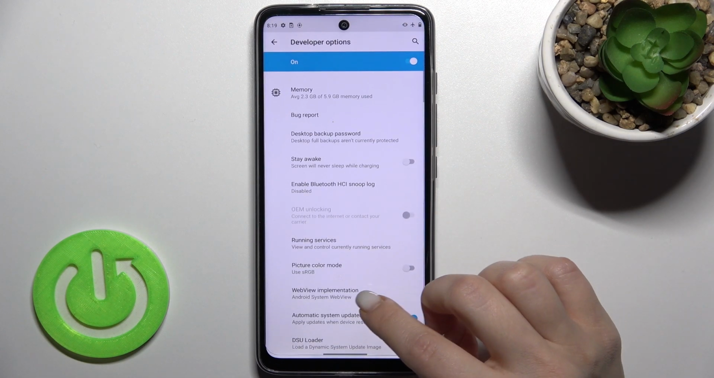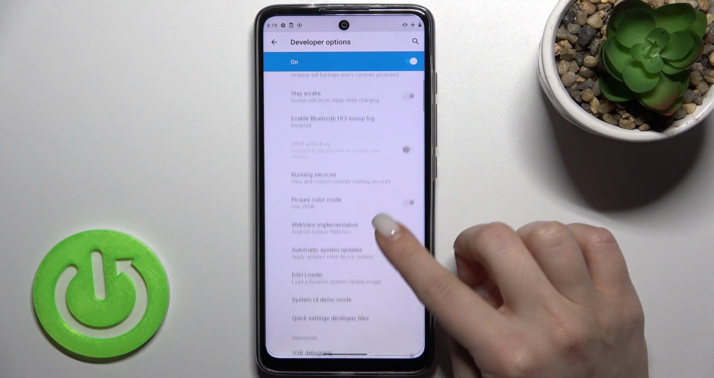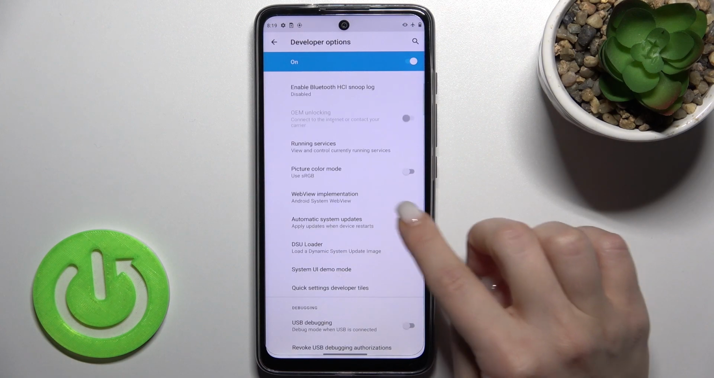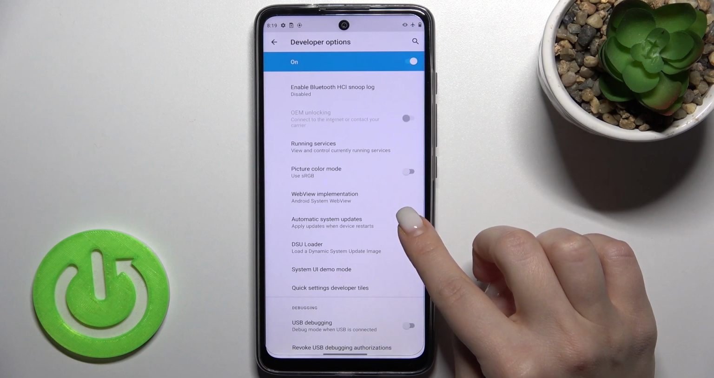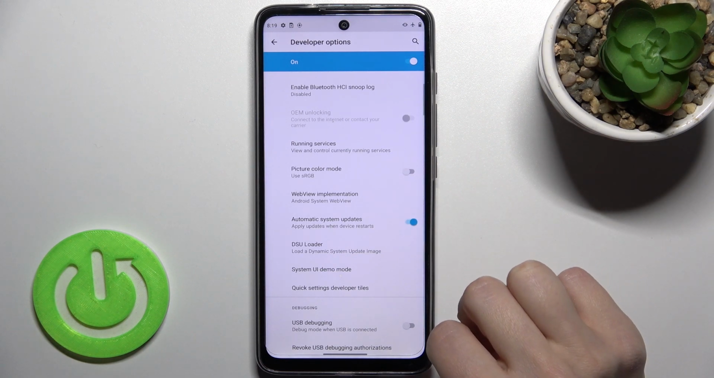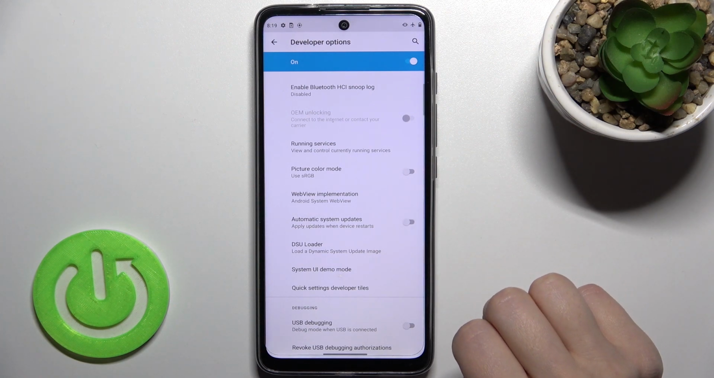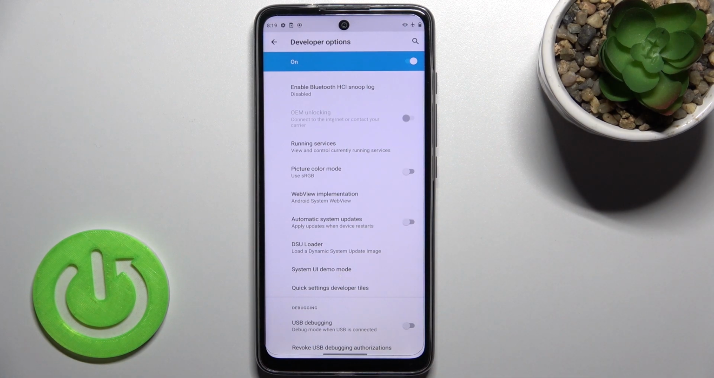Now just tap there, and now as you can see, we have here the automatic system updates. To enable the automatic system updates, tap once on the switcher, and that's it. And if you want to turn off the automatic system update, just tap again on the switcher, and